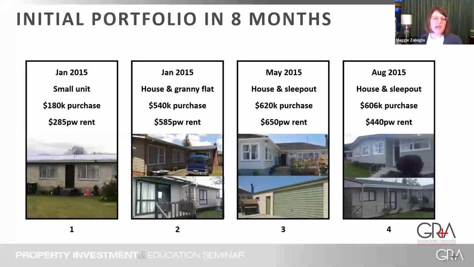First one's a little granny flat. Wouldn't have bought it other than it came in a package with some others that we wanted, and it was quite cheap. That was renting at $285 a week. Then also a house with a granny flat, and a house with a consented sleep out. So correctly consented, the sleep out was built as such as part of that garage right from the beginning under building consent. And in August followed up with another house with a sleep out, which looks like that's number 4.